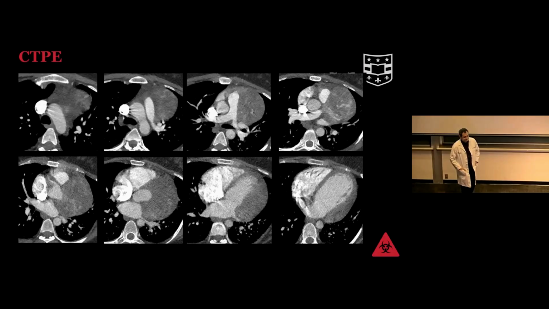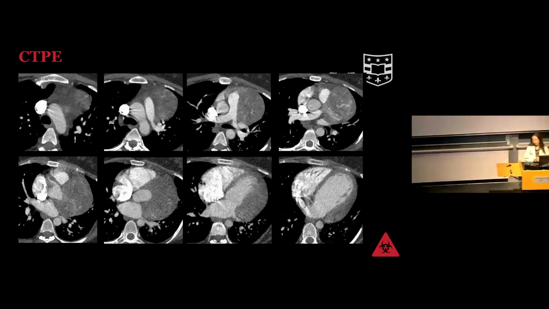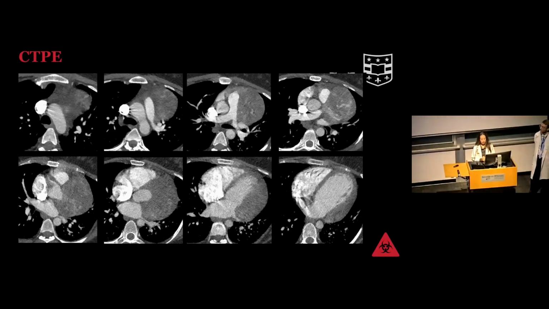All right, so this was a CTA chest done per pulmonary embolism protocol. There was no pulmonary embolism on the study. We do, however, have this enhancing and hypervascular soft tissue mass that's centered in the left atrioventricular groove. It encases the left coronary artery and its branches, and this mass extends along the left aspect of the mediastinum, so you can see it extending along the main pulmonary artery there, and then also extends along the left ventricle. It's large overall. It measures about 10 by 9 by 7 centimeters.